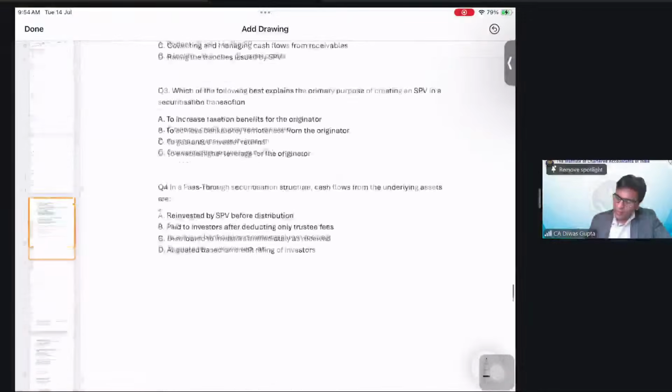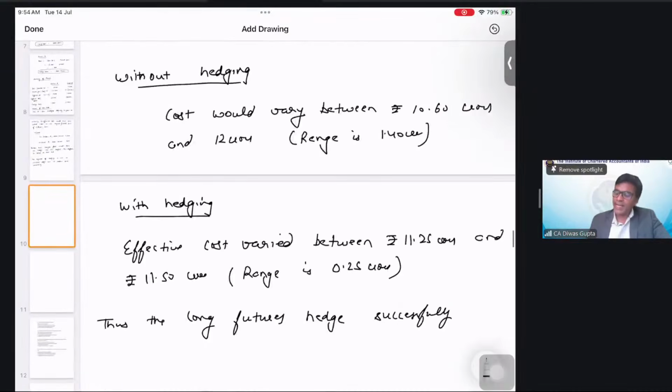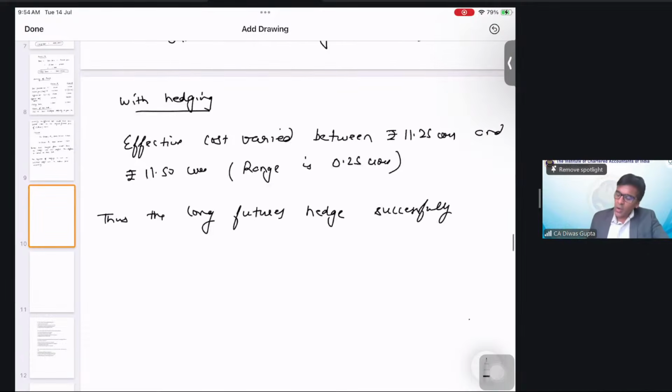So we are towards the end, and hence we are saying that we have proved it, right? That had we not entered into hedging, the range would have been quite different. It would have been quite wide, 10.6 crore to 12 crore, 1.4 crore. But with hedging, the range is very small here, right? Which is only 0.25, 11.25 and 11.5 crore. So thus the long futures hedge successfully stabilized